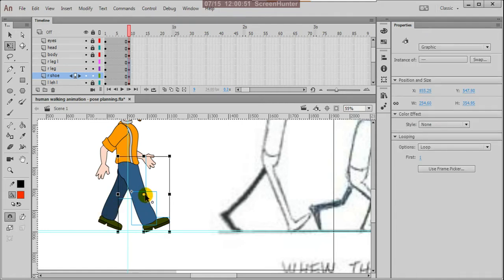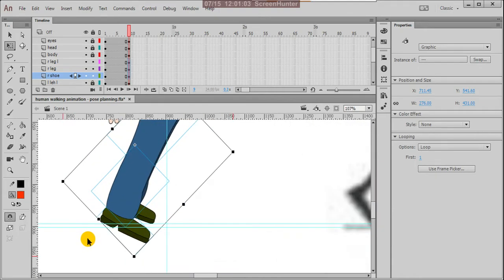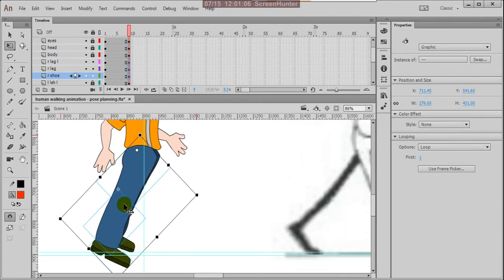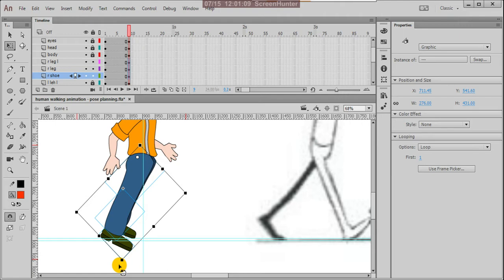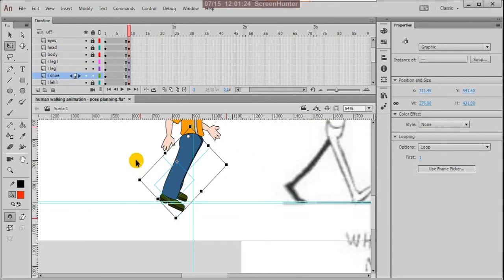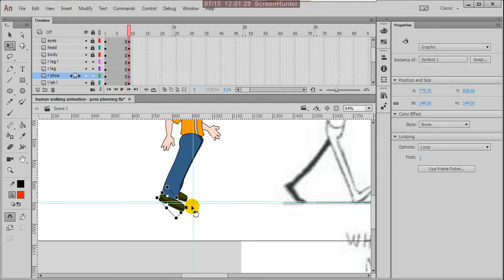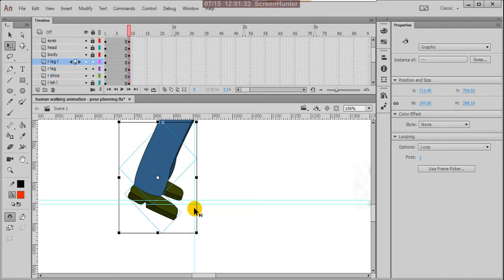This registration mark can keep there, and you can place here, and you can extend this up to here. So here the leg must be a bit foldable. So for that I select this and this.